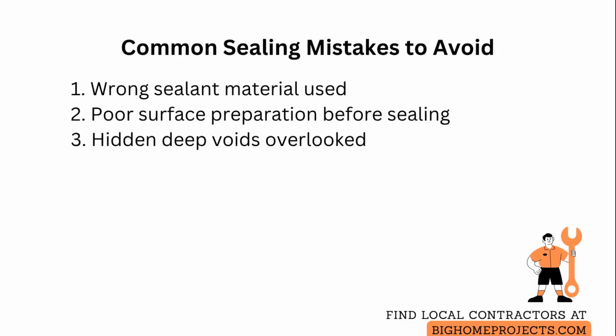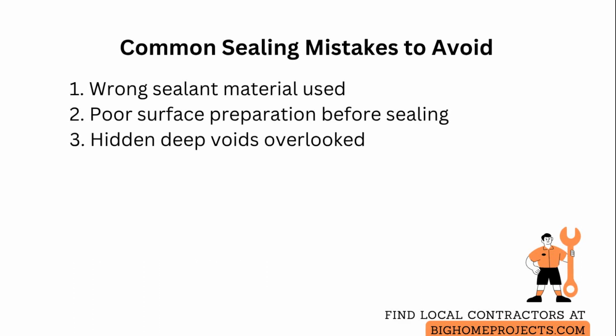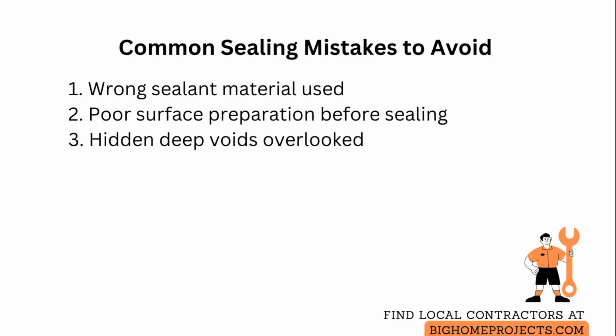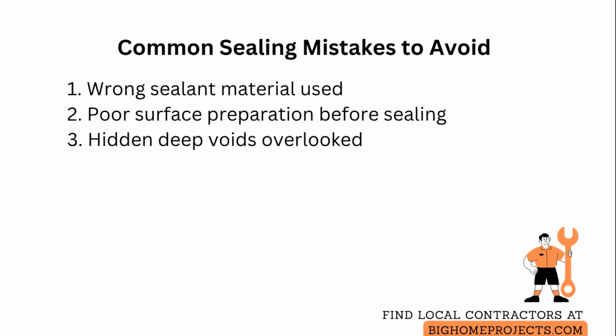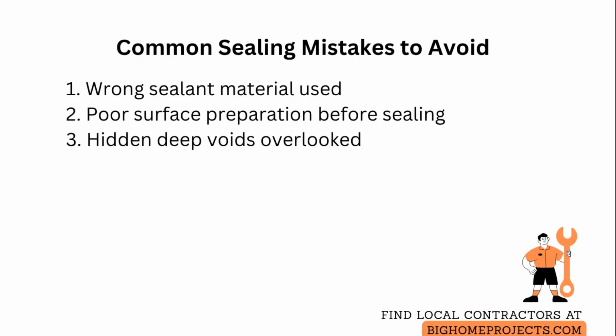Skipping cleaning and drying leads to poor adhesion and premature failure. Always remove dirt, loose material, and moisture before sealing. Overlooking deep voids allows pests to bypass surface seals. Solve this by inserting foam backer rod into deep gaps or using foam sealant to fill large cavities before finishing